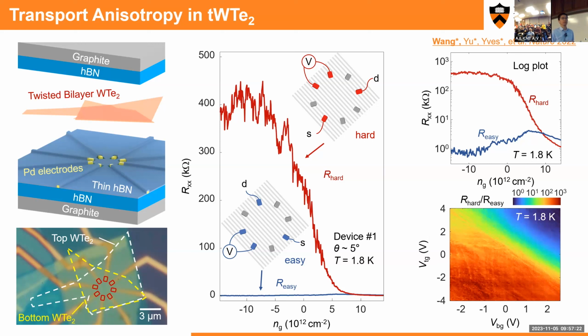For the 2D plot, we have a top gate and also a bottom gate, so we can tune the full phase diagram. Along this direction is the density doping, and along this direction is the displacement doping. You can see on the left bottom side it shows very high anisotropy, and the right top side shows much less anisotropy, so it's actually isotropic. From here you can know that in the whole doped region, it shows a very highly anisotropic feature.